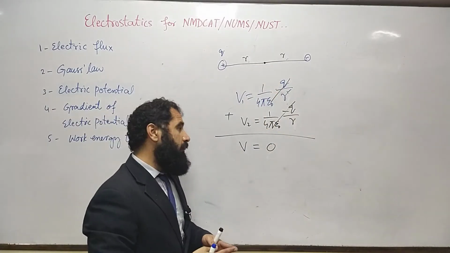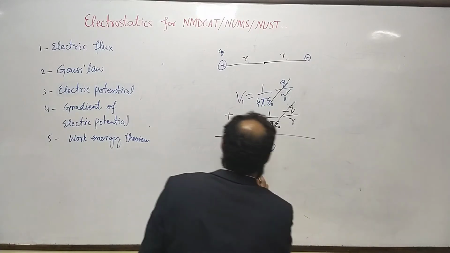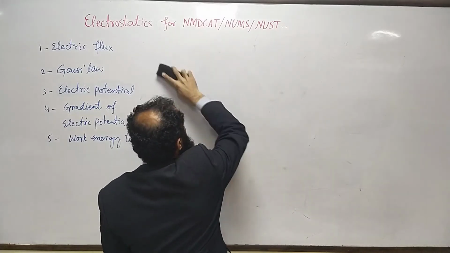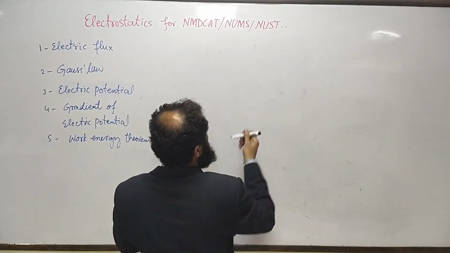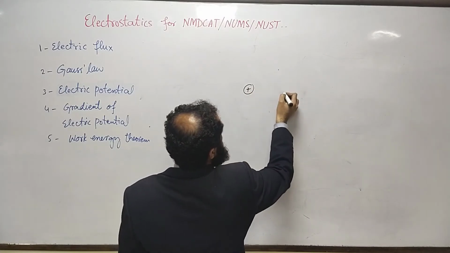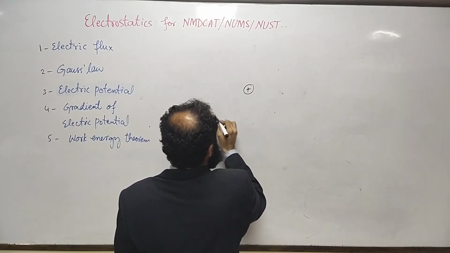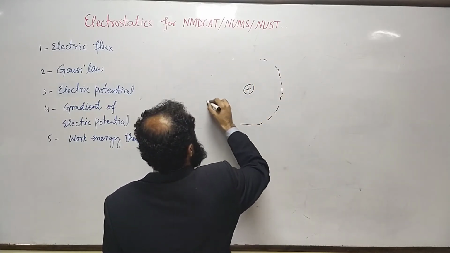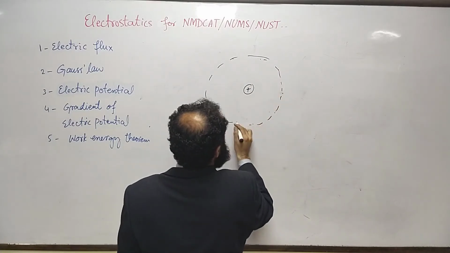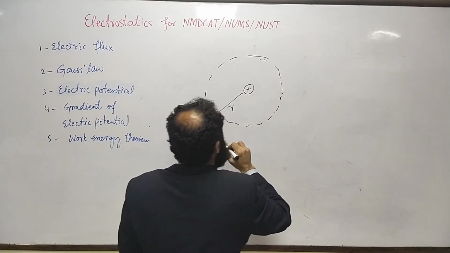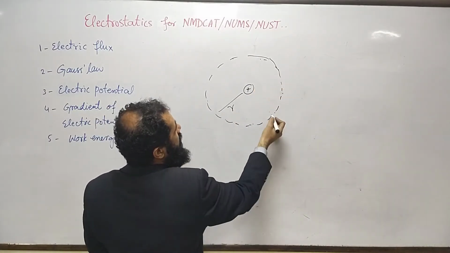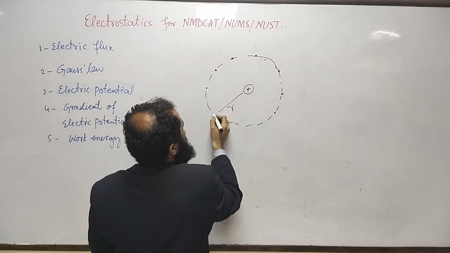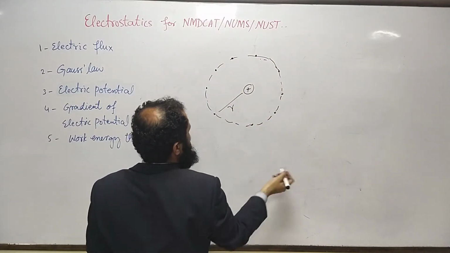So now we go to the situation when we have some unit positive charge, and in the surroundings of that positive charge I mark points that are at the same distance from that source, and I end up with a circle of some radius r. If I calculate electric potential at all those points that are at distance r from the charge q, I would get the same result.